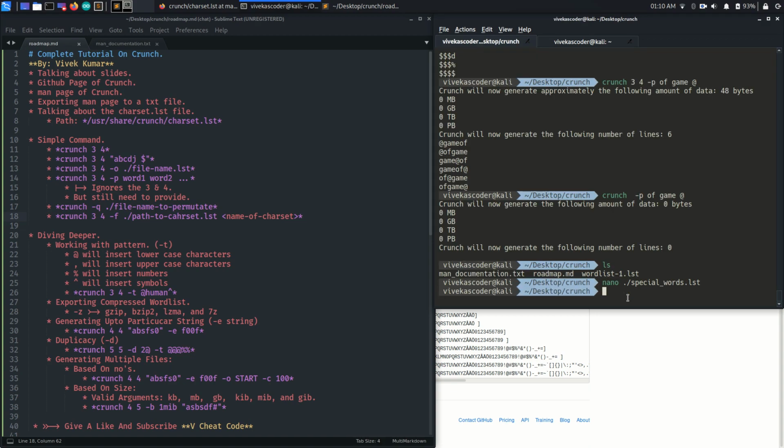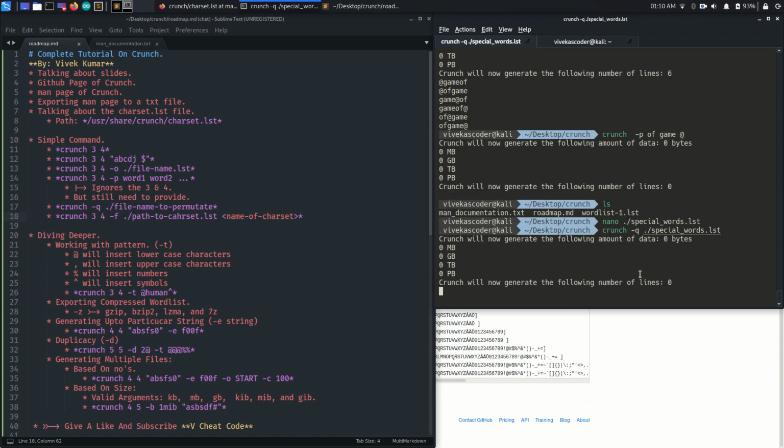Let's save it. So now we are going to implement the same functionality using a different command, that is crunch -q and then the name of the file, special_words.lst.